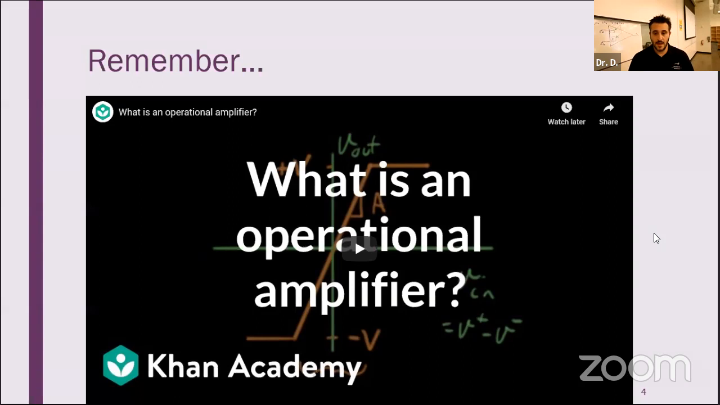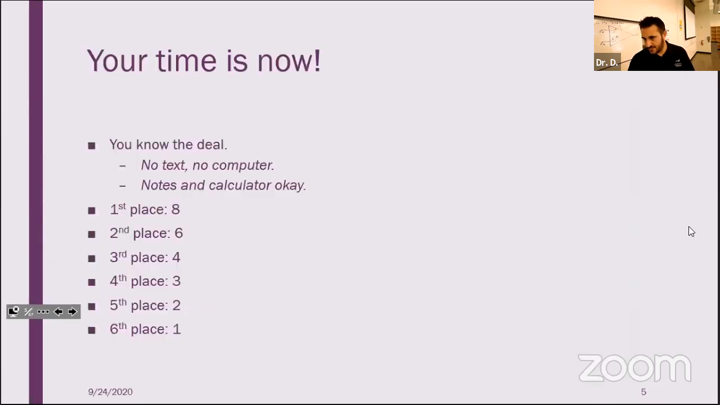Again, the op amp itself isn't where the magic is. The magic is how we set up our circuit around it. That's the magic. All right. So that being the case,